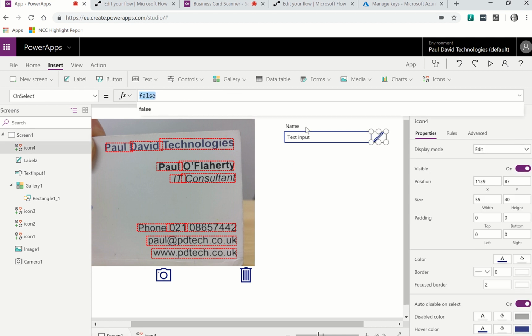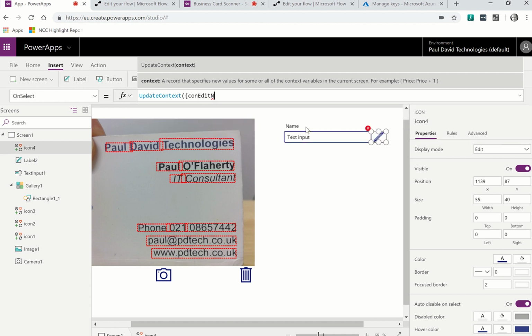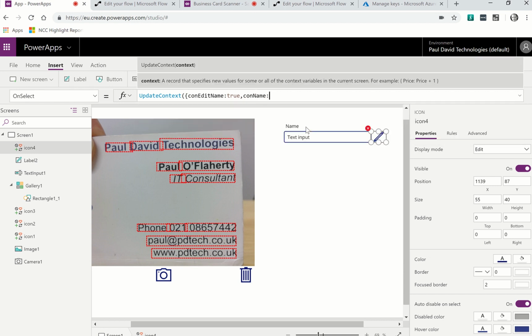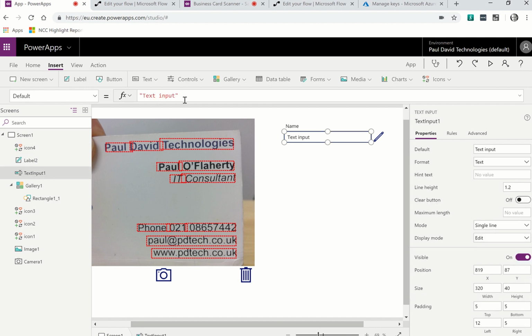Now in the on select of this, I'm going to update a context variable, which I'm going to call con edit name, and I'll set that to true. What we'll also do is have a variable con name, which we'll set to empty for the moment. We're going to set the default of this to con name,